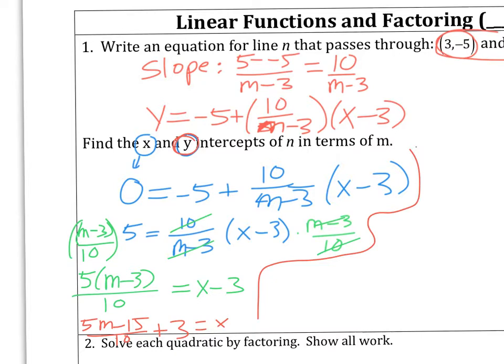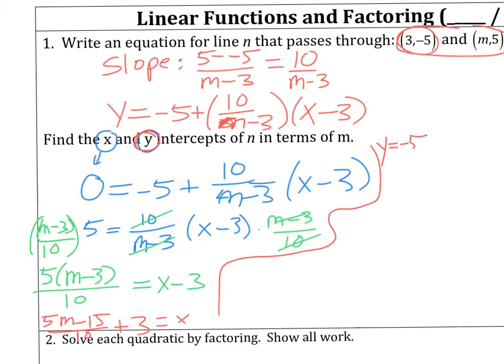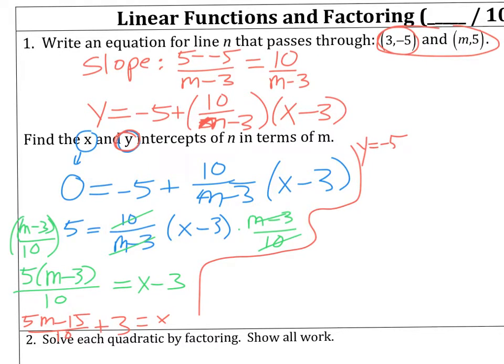So we've got y is equal to negative 5 plus 10 over m minus 3, and x minus 3, well, 0 minus 3, which is just negative 3. So our y-intercept would be negative 5, and negative 3 times 10 is going to be negative 30